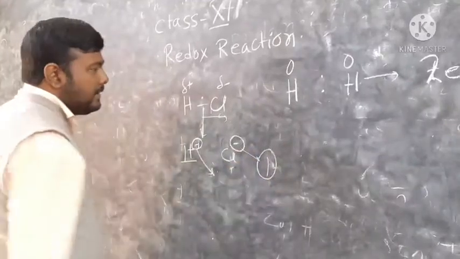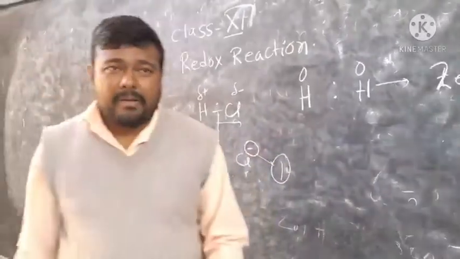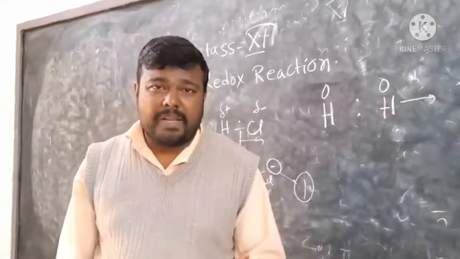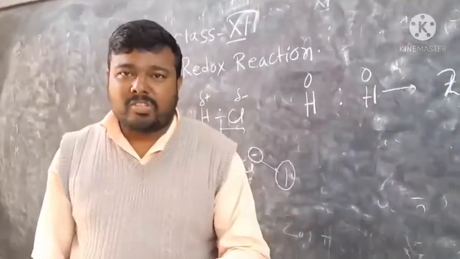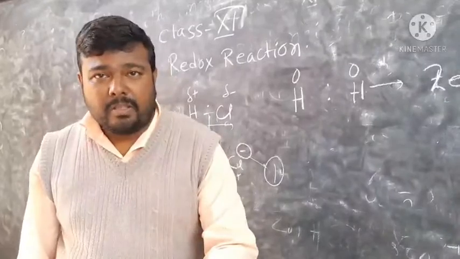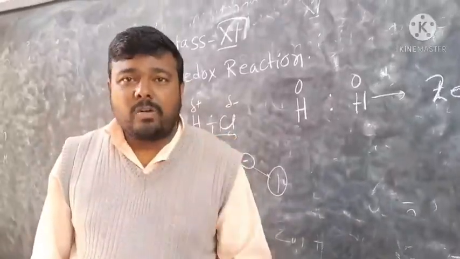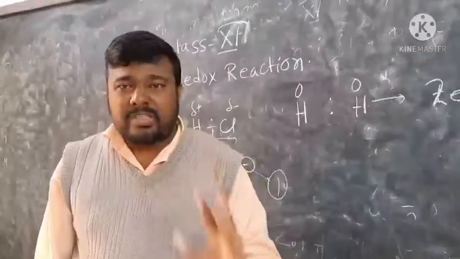Like that way we can define. That means, see, the oxidation number means the charge developed. That means it's totally dependent on the electronic configuration also, or the number of outermost electrons which can be lost by an atom or which can be gained by an atom. The oxidation number can be 0, negative and positive also.